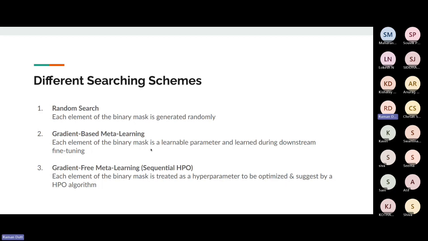And Raman, the third, yeah. So the mask is a discrete entity, right? So how does gradient-based meta-learning work here? There are several ways to do it. Although we didn't go into gradient-based meta learning in this work, what we can do is